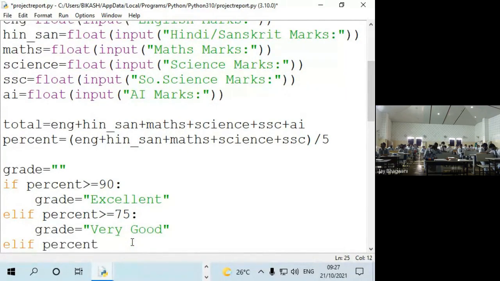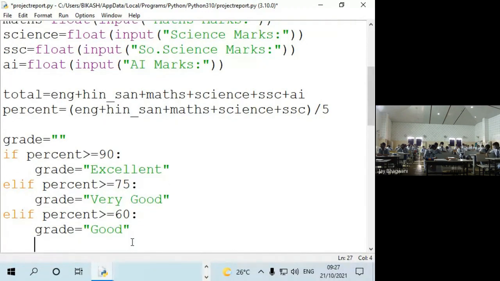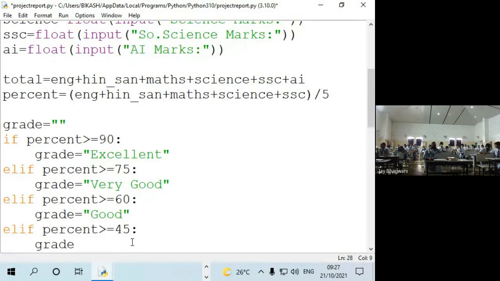And if percent is greater than or equal to 60, let me give the grade good. And if the percent is greater than or equal to 45, grade is equal to average.